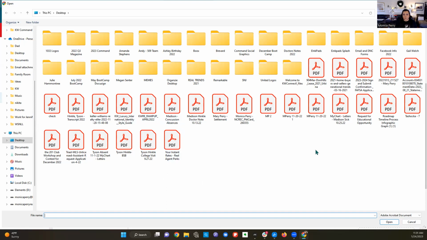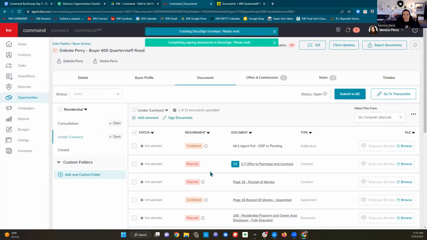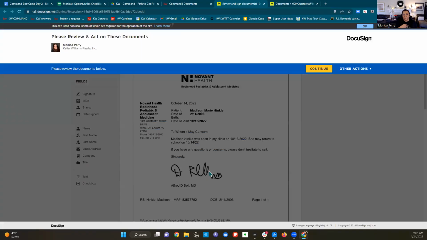I'm just going to grab something to upload there so I can show you. If I have a document uploaded here, I can click this checkbox now and come up and click sign document. And it'll open DocuSign and I can sign it. And then it just uploads the signed copy, but it's only for me to sign it, not for anybody else